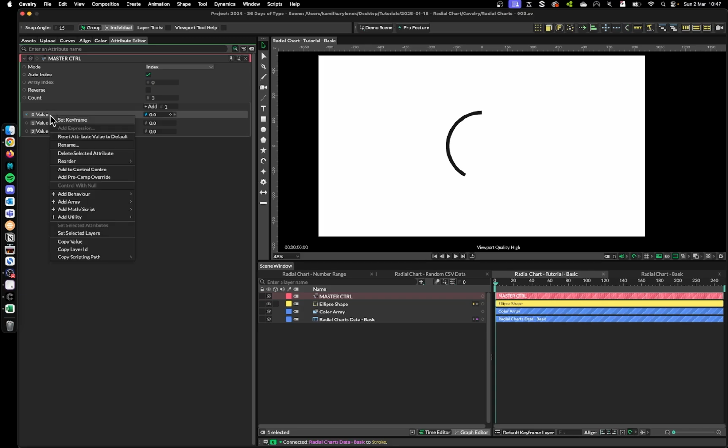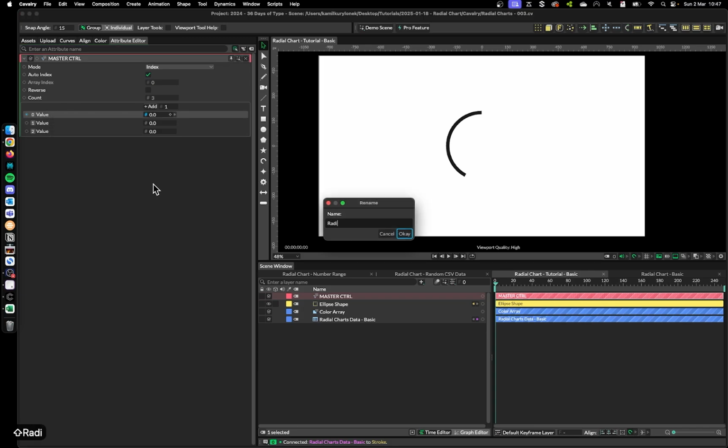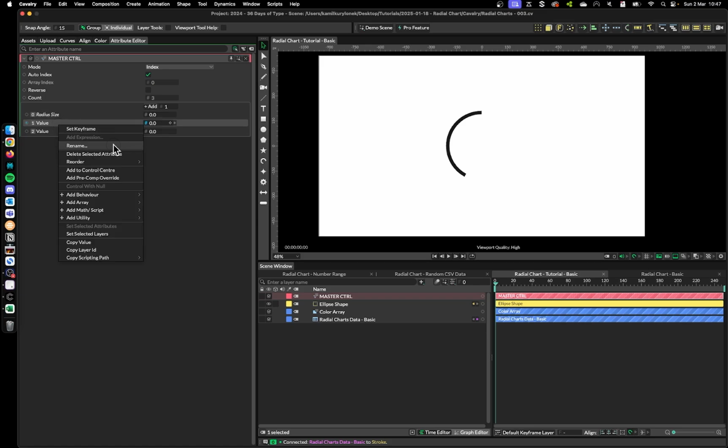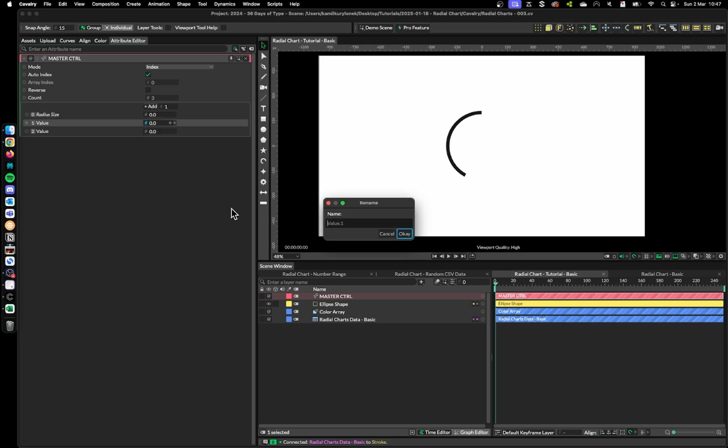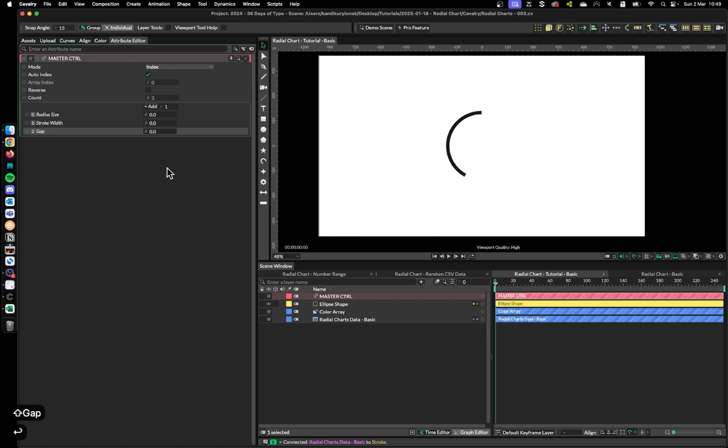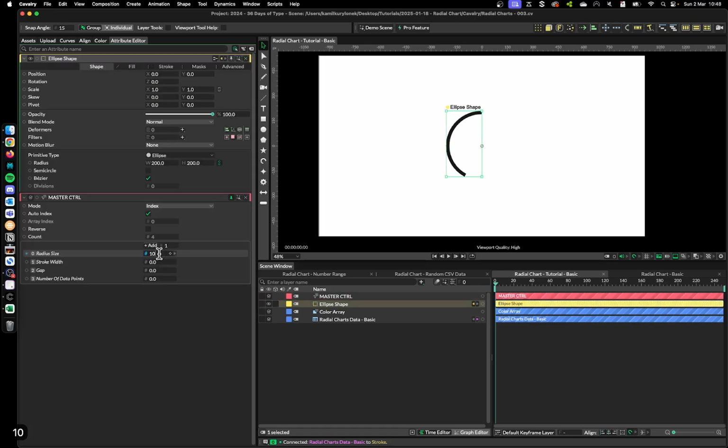So we need to control a few things. I want to be able to control radius size. I want to control the stroke width, and I want to control the gap between data points. And finally, I want to be able to control the number of data points. So let's say if we start with a radius of 100 and maybe the stroke 20, gap 10, and 5